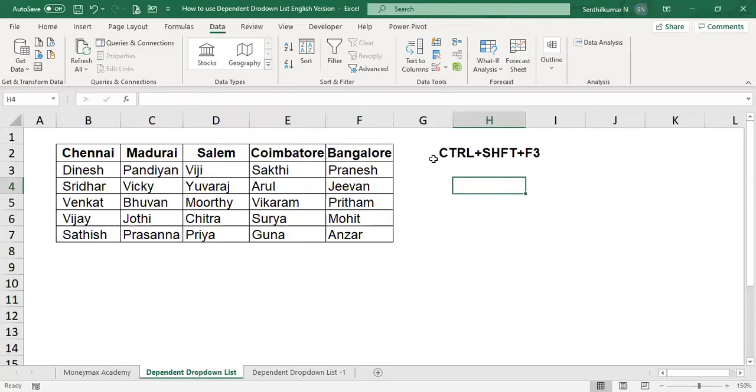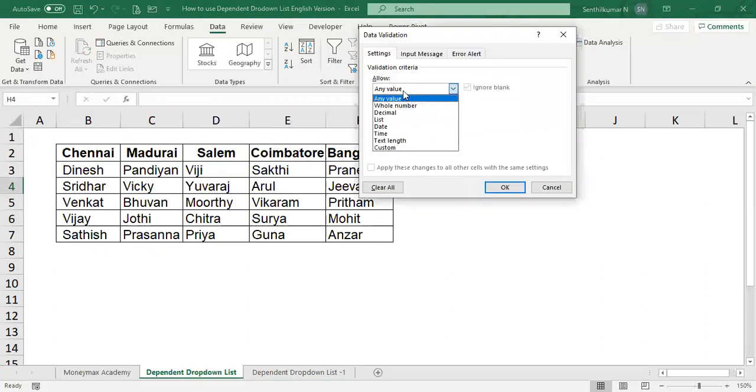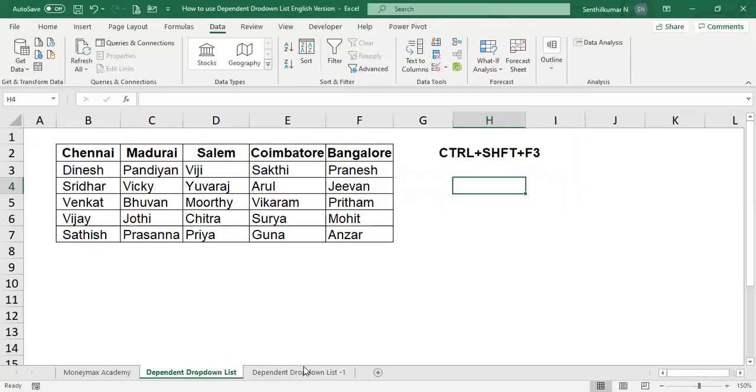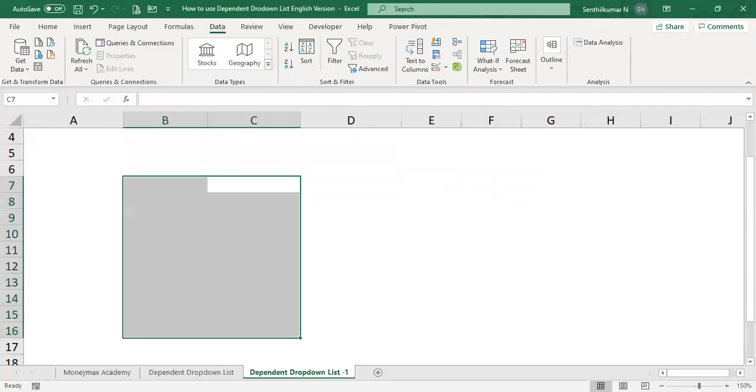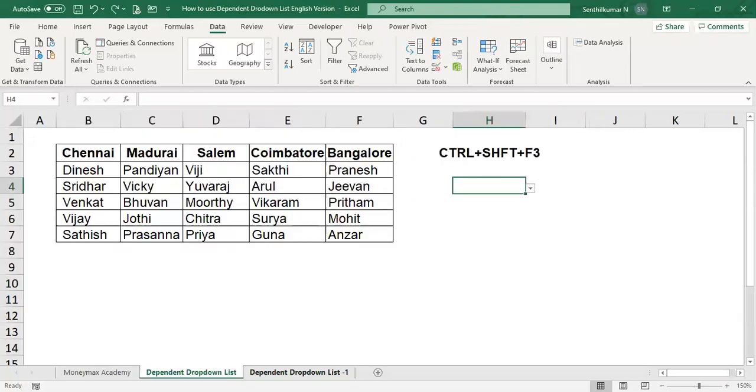I will try again. Go to the data validation list. What is the list available? So we have not given the list. That is why the error is coming.